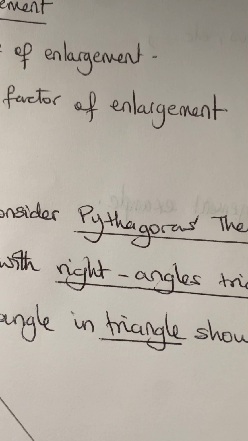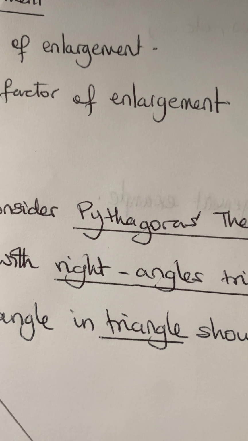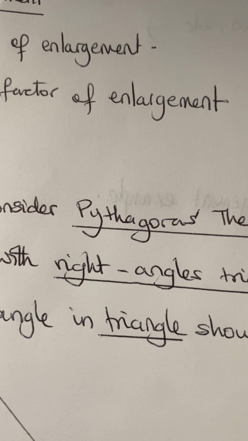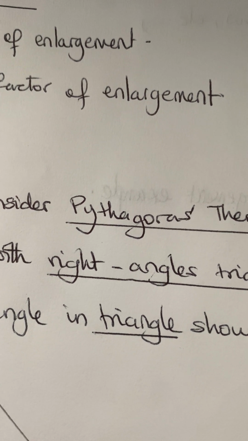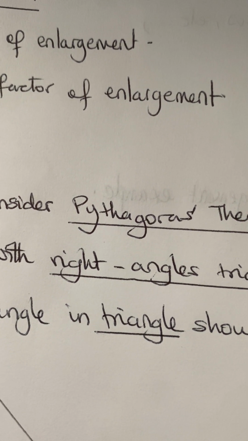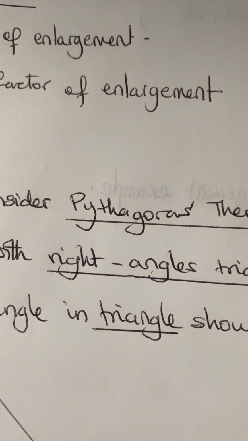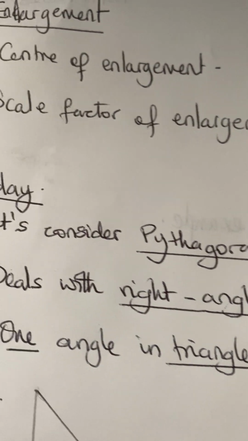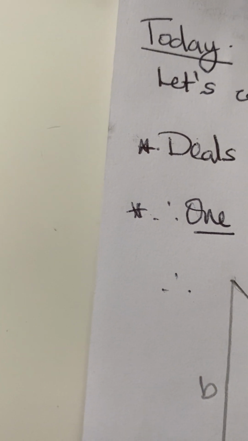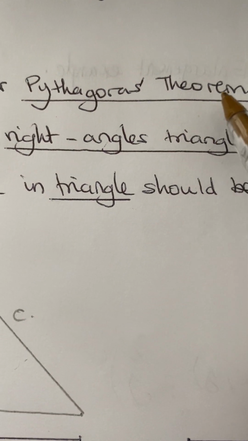These are questions with little mathematical input that you can get full marks on. You can just get all the marks just by plotting and reading it step by step and answering the question. You can get full marks on that. Now today we want to talk about Pythagoras Theorem.